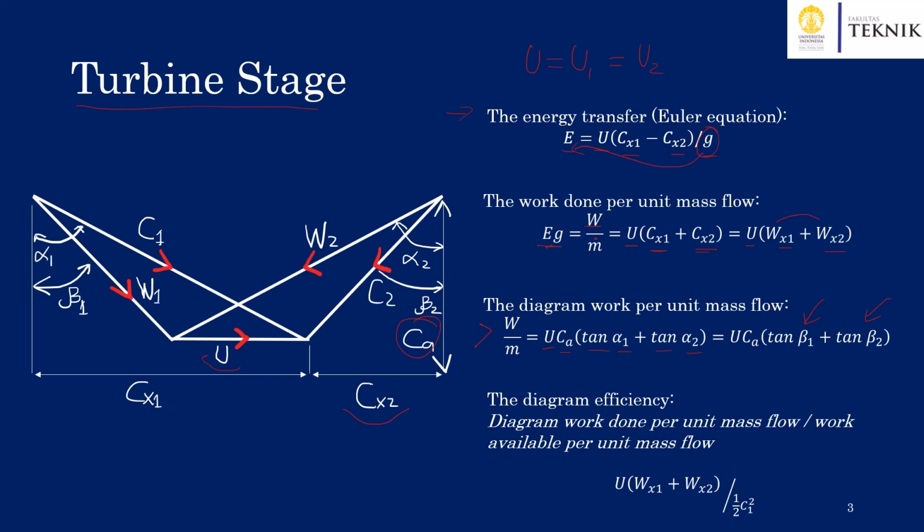This equation is often known as the diagram work per unit mass flow. This will lead us into another term that we will call the diagram efficiency. The diagram efficiency is a ratio between the diagram work done per unit mass flow divided by the work available per unit mass flow. The easiest way to describe the diagram work is